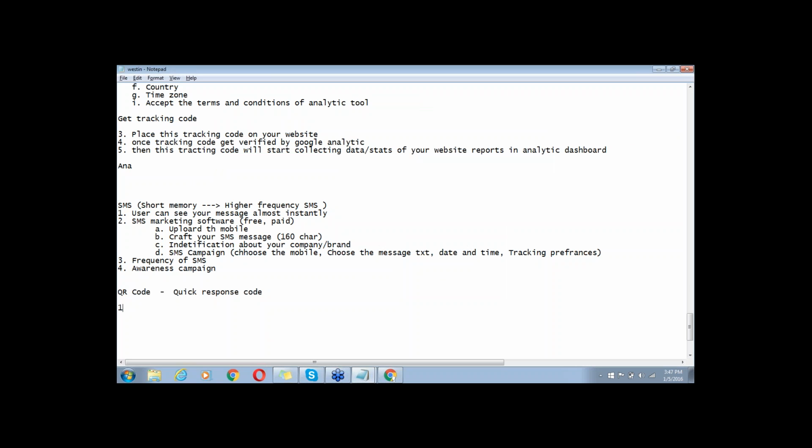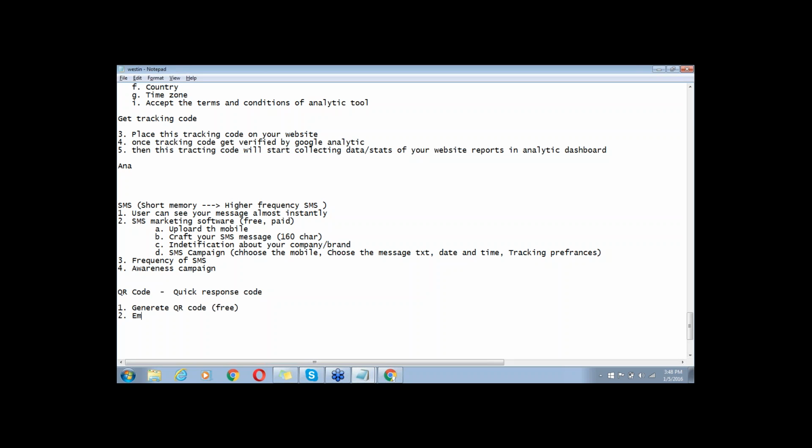First, you have to generate the QR code, and this generation is free. Basic you can generate free; for advanced options you may have to pay. So the first step is you have to generate the QR code.